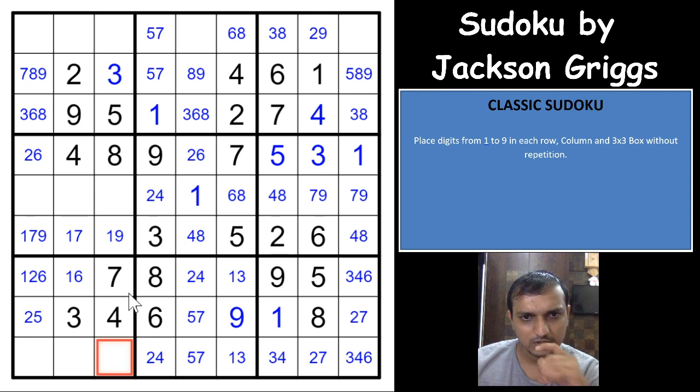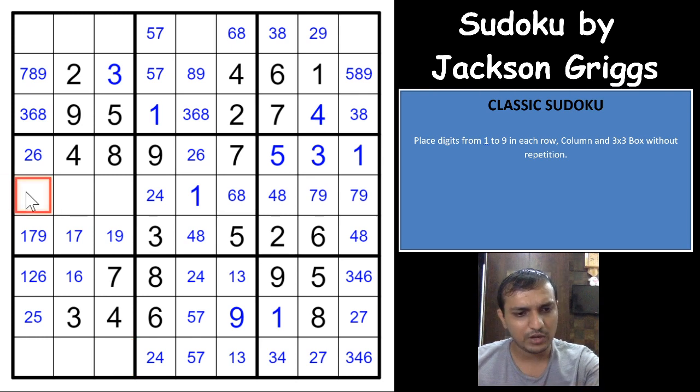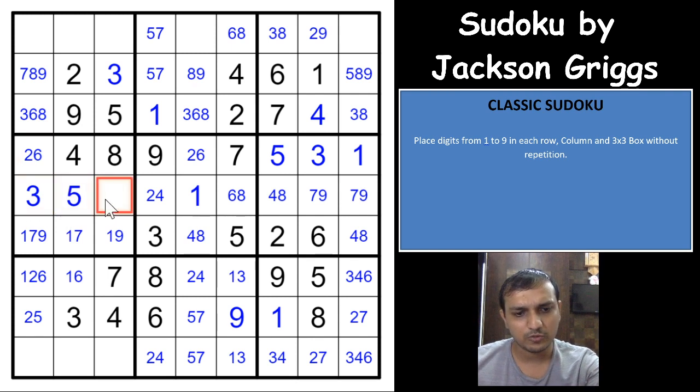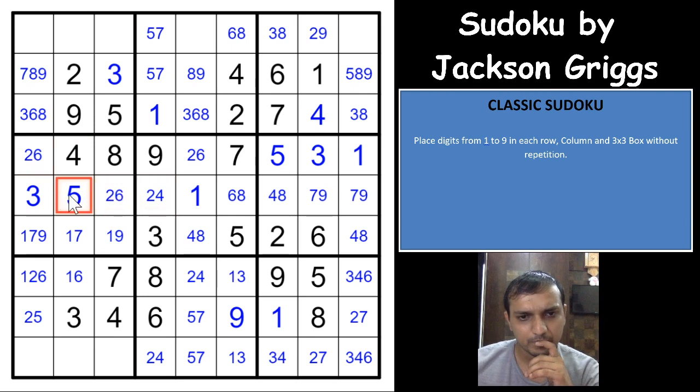Oh, so I see that 3 in box 4 would have to be here only. There's only one place for the 3 to go in box 4. So 2 6 and 5. So that gives you a 5 here, and this would have to be 2 and 6 pair. Because 2 6 5 are the remaining digits, so you cannot have a 5 here, you cannot have a 5 here as well. So that only gives one place for the 5.